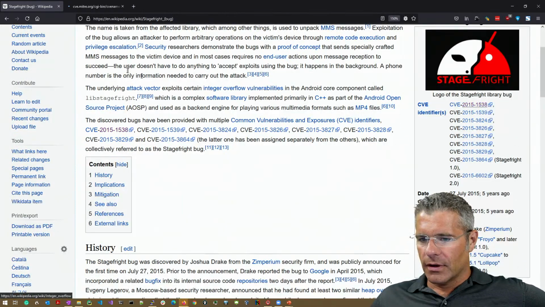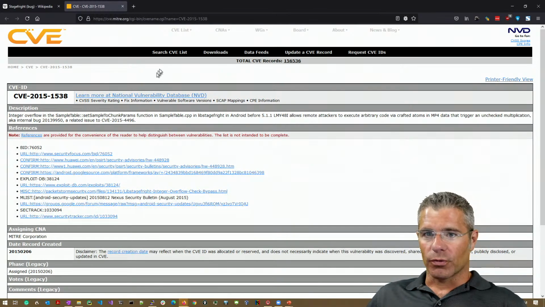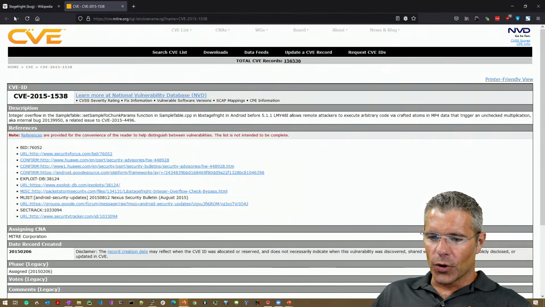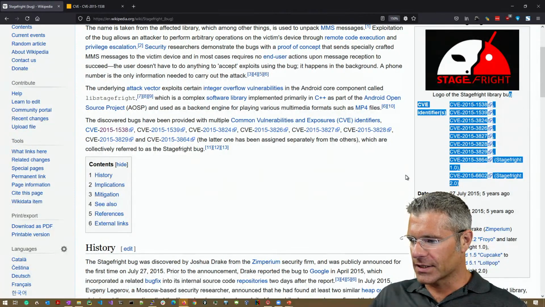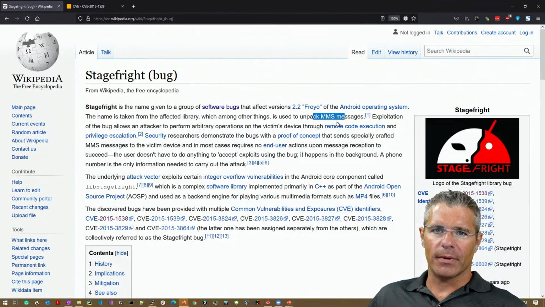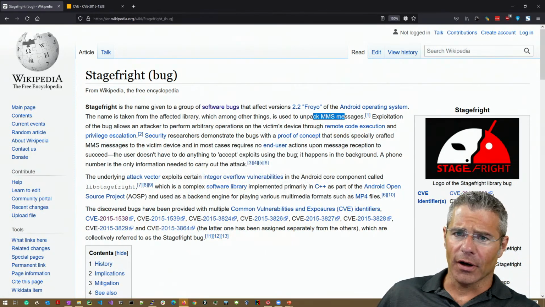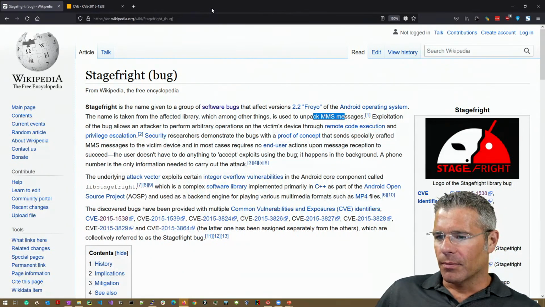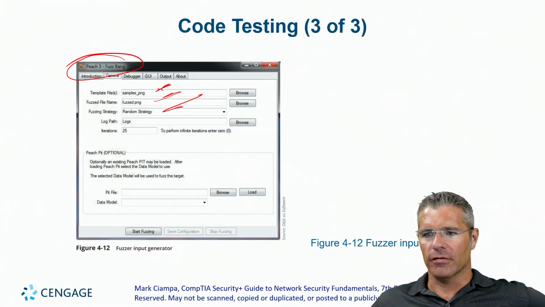And those common vulnerabilities that we find in our database of repositories of vulnerabilities. Notice there's like a ton of these, based on the way that Android was unpacking, in particular, MMS text messages with pictures and stuff in them. And don't fear, iOS has its share of those as well. But those are the kind of things that a fuzzer hopes to find before it gets into the hands of the users and really causes us some trouble.